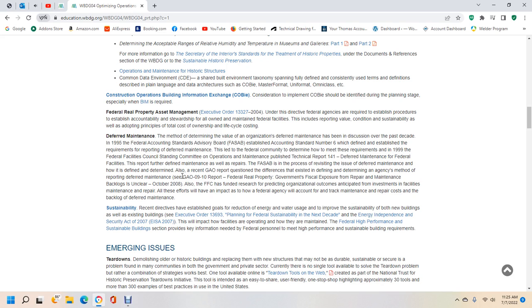Also, the Government Accountability Office recorded questions and differences that exist in defining and determining the agency method of reporting deferred maintenance, in the GAO 09-91 report, Federal Real Property: Government's Fiscal Exposure from Repair and Maintenance Backlogs Is Unclear, October 2008. Also, the FFC has funded research predicting organizational outcomes anticipated from investment in facilities maintenance and repair, as efforts for the impact with which federal agencies will account for and track maintenance and repair costs of the backlog of